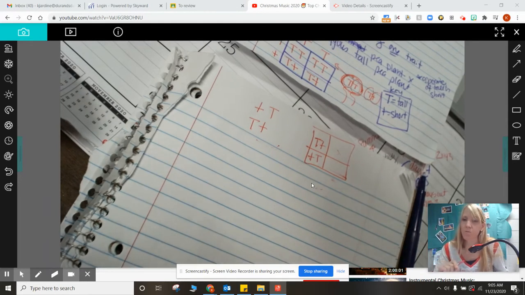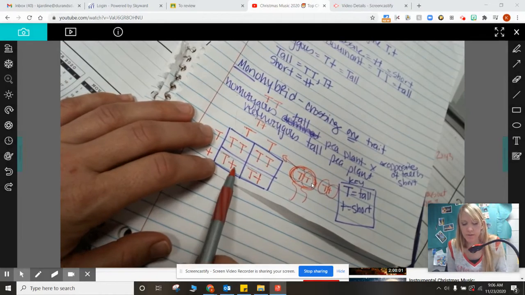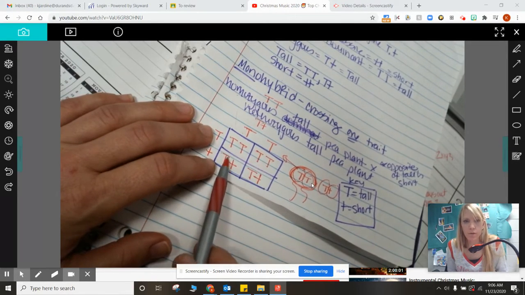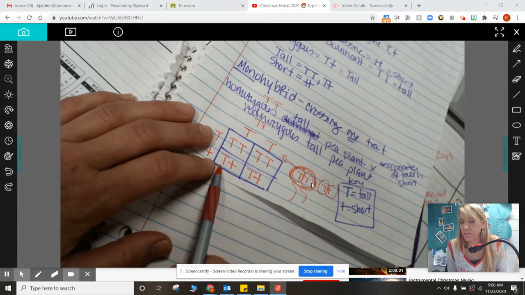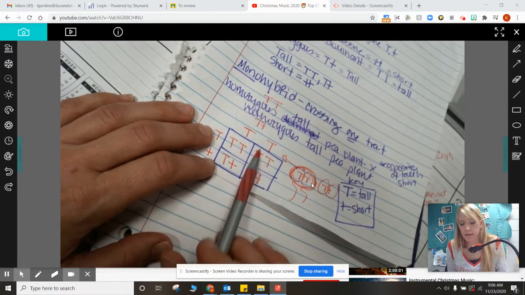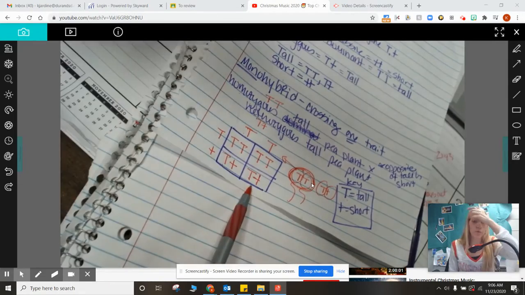write the dominant allele first so it's consistent, okay? So notice when I did this, these are all dominant right here. These are all dominant here, but I always put the dominant one first. I didn't even think about it because I've been doing it for so long. You'll have to think about it a little bit. Dominant first, recessive second, dominant first, recessive second. So when I look at both of these, they look identical. So then I can process them and